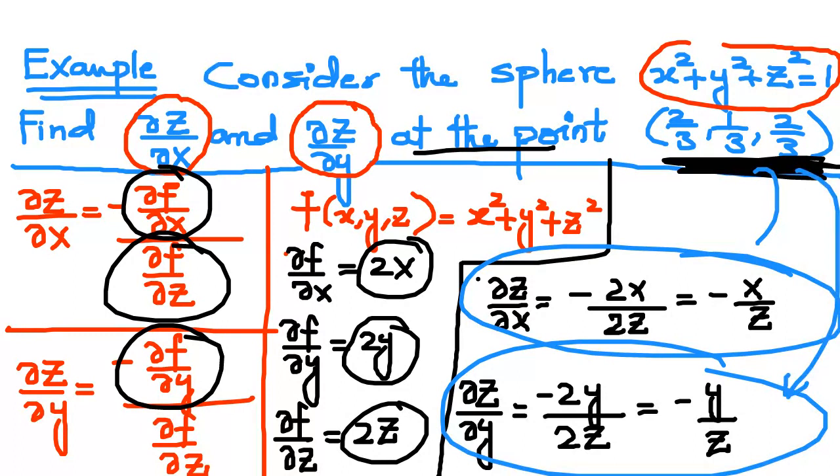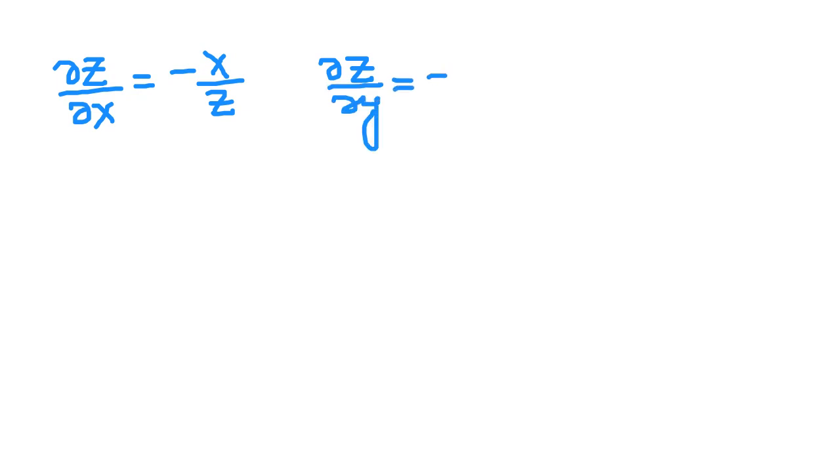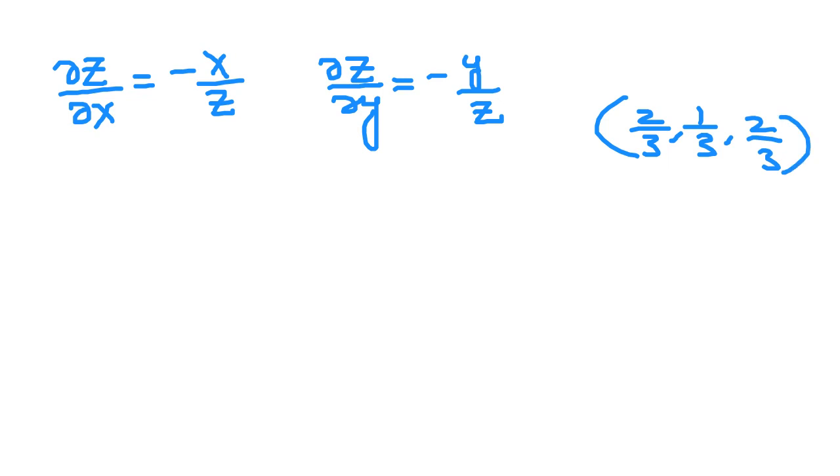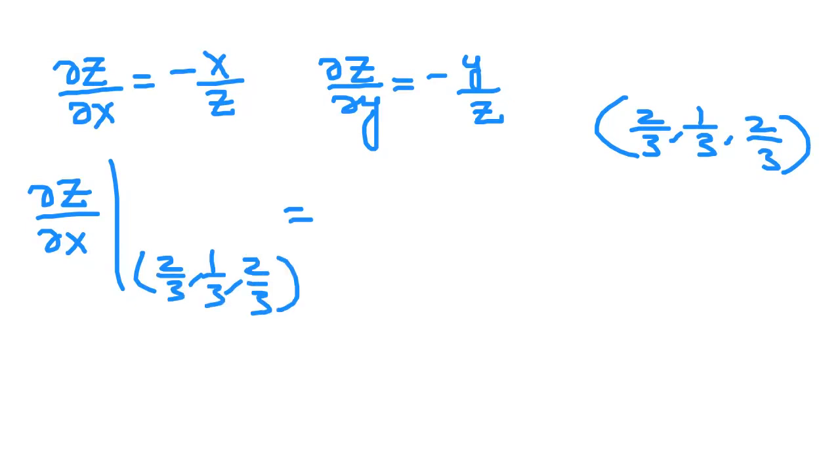So I will write on the next page that the partial derivative of z with respect to x is equal to minus x over z, and the partial derivative of z with respect to y is minus y over z. Now you have to substitute the point 2 over 3, 1 over 3 and 2 over 3. So the partial derivative of z with respect to x at the point 2 over 3, 1 over 3 and 2 over 3 is equal to minus 2 over 3 divided by 2 over 3,